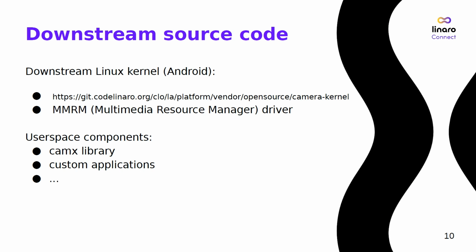From the Linux kernel point of view, it's independent. These are kernel parts. And there are user space components, so the CAMSS library provided by Qualcomm. And custom applications can use this CAMSS library. The CAMSS library also has tracing information, so you can enable it and get some information from it,